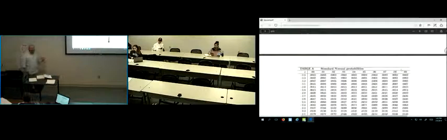Now you notice, I'm going to scroll up here. What's the smallest z-score I can find? The smallest row is minus 3.4, right? So the smallest z-score I can find is minus 3.49, yes? So here's what we're going to say. If you get a z-score that's less than minus 3.49, in other words, it doesn't fit on the table, the smallest you can go is minus 3.49. We have to come to some agreement, and our agreement is